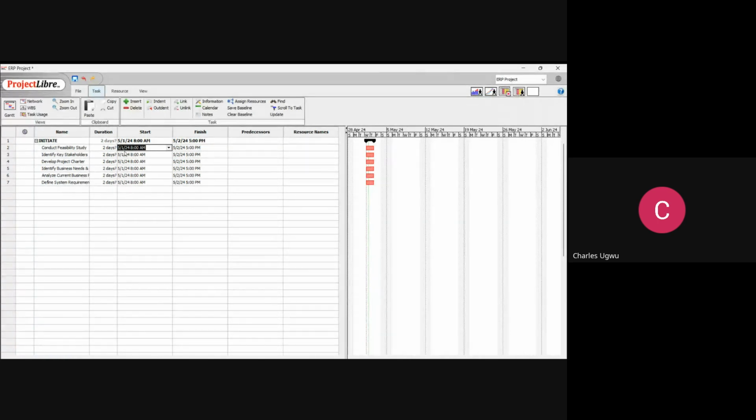Today, you can say today till the next 2 days is, today is 1st, and in the next 2 days we can say finish on second, and then we can say this one is starting on second, or say this one is going to start on third, and then finish on